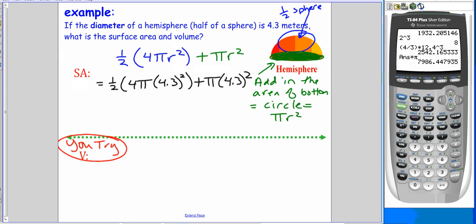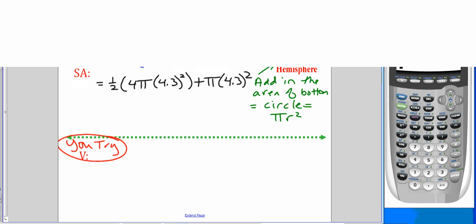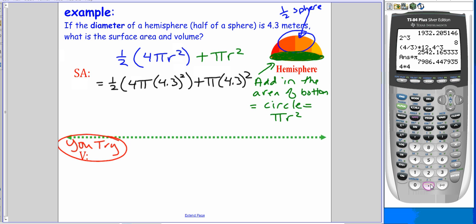So I'm going to grab my calculator to find my surface area first. So I have 4 times 4.3 squared. And so I'm going to have 1/2 times 73.96 pi. I can go ahead and multiply that by pi. Sorry about that noise. I can go ahead and multiply by pi right now and figure out,